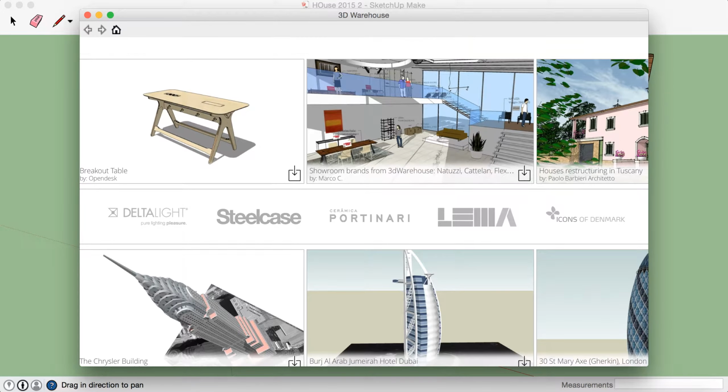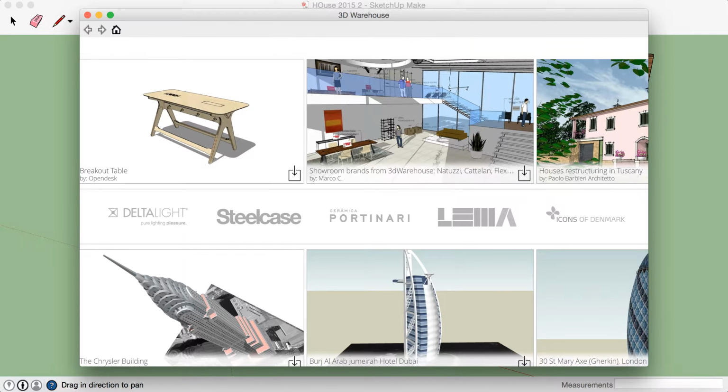So get it in bird's eye view as much as possible. Now we can then use the Move tool to move it backwards, so into the house. So let's say about there. And if I orbit around, that's about where I want it actually. So using the different views will allow you to do that.